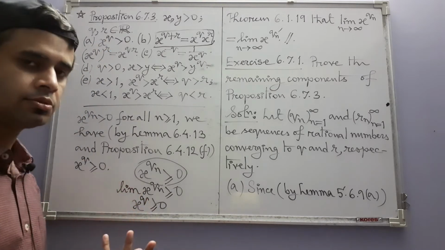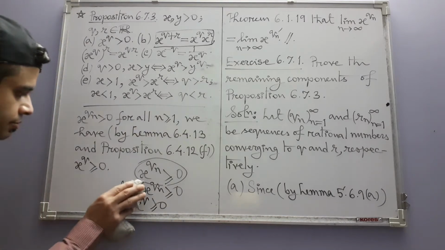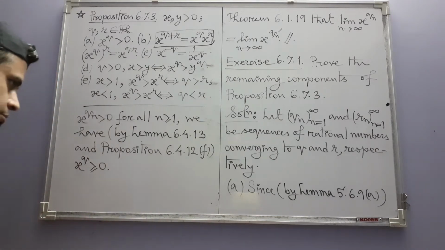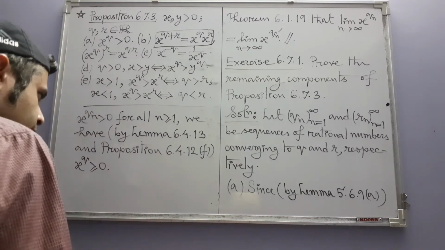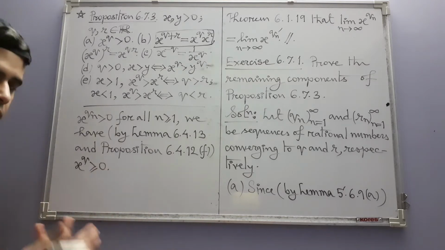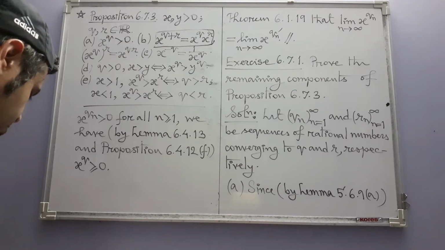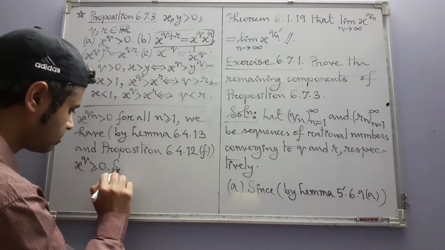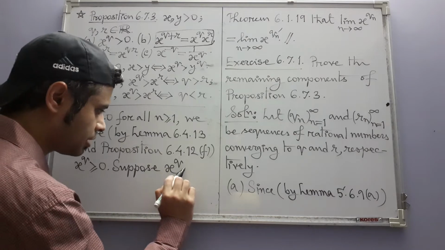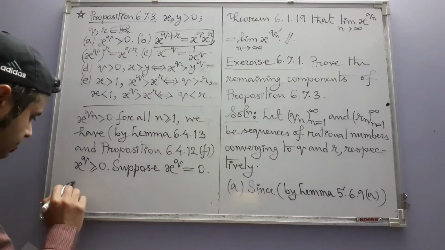So using all these results, we can say only this much, but we need this strict inequality. For that, we have to do more work. So the way things are going, what is more natural than to suppose that this is 0 and then derive a contradiction? So that's what we will do. Suppose x to the power q is actually equal to 0, then